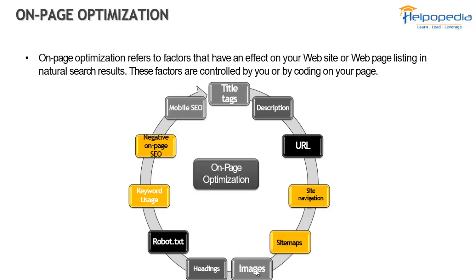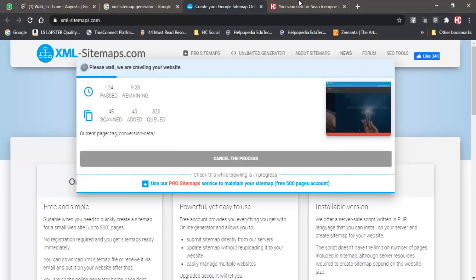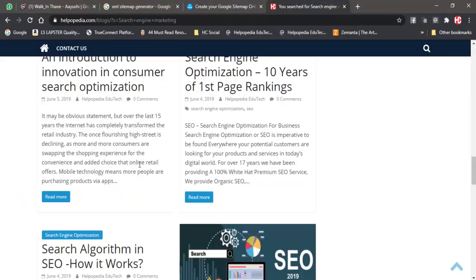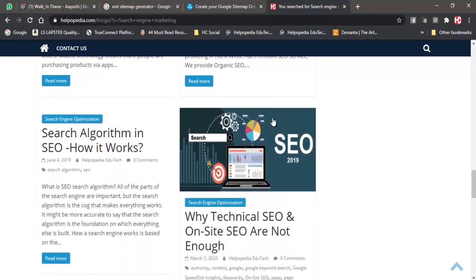Then we have images. Whenever we upload any image, we need to have the main primary keyword for that particular image, and we also need to provide alternative text. Google bots, or the search engines coming to crawl our content, cannot read images.